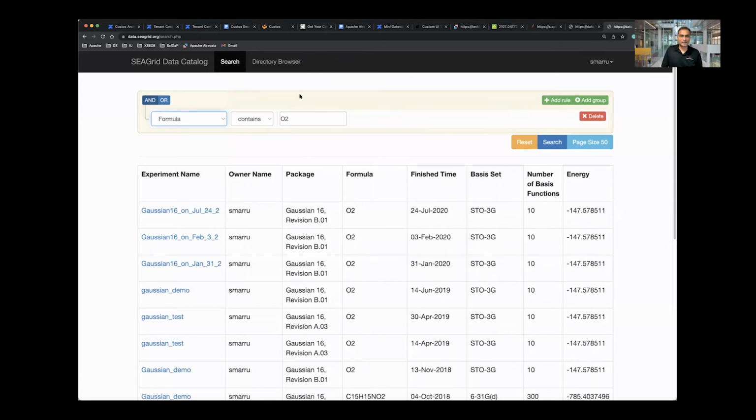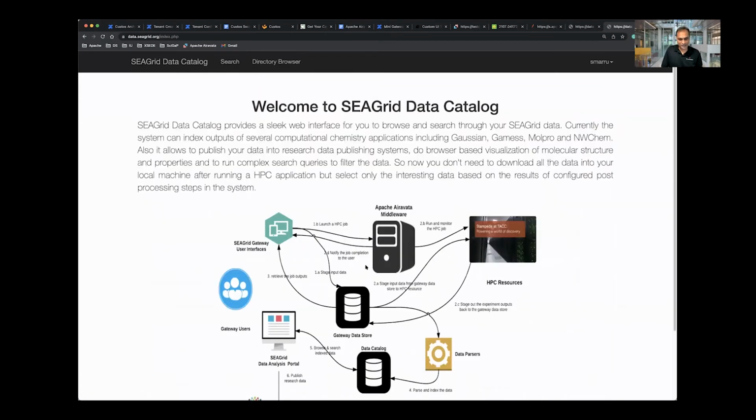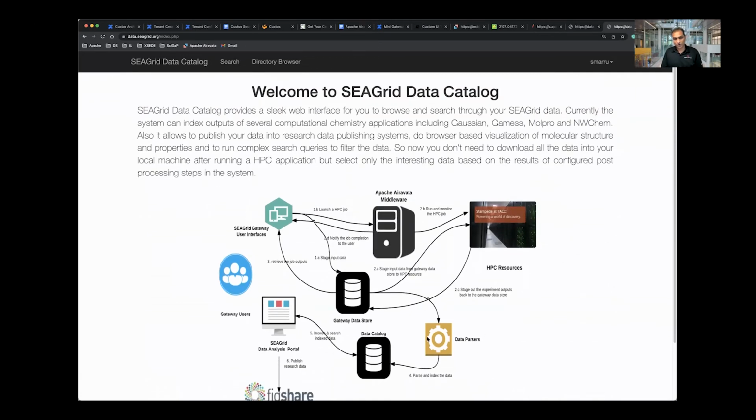But we could, the key thing here to say is there are two workflows. One is the job submission, and one is very data or domain specific where the parsers could be integrated. And that slowly will now introduce us to the Airavata data infrastructure side of things, where when you extract